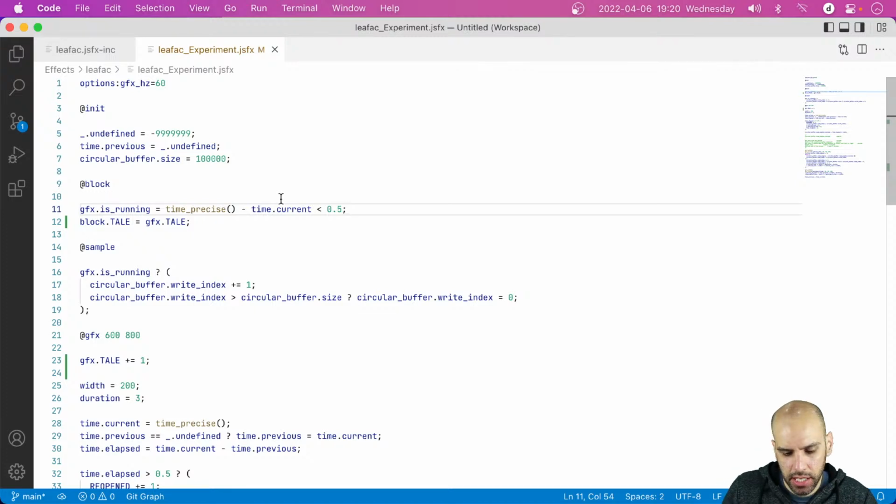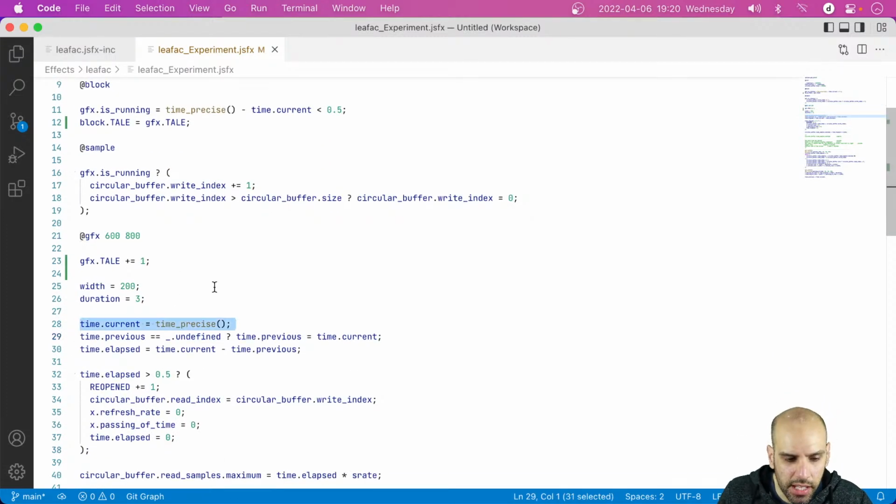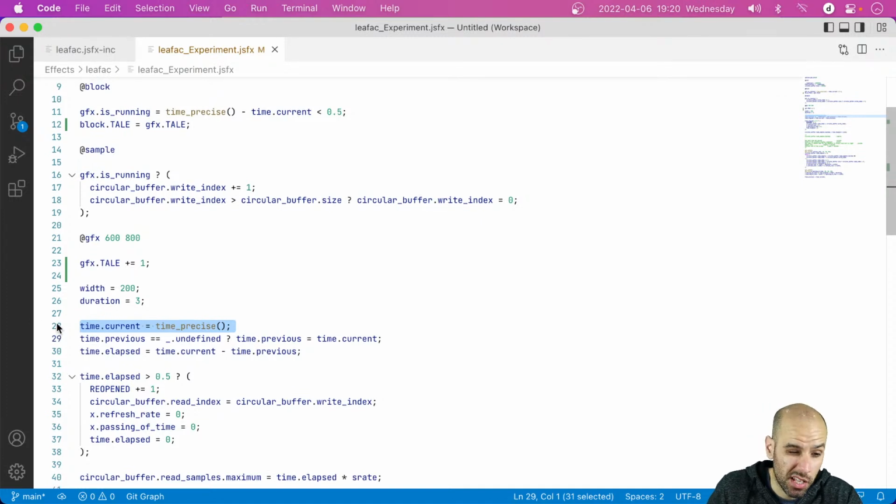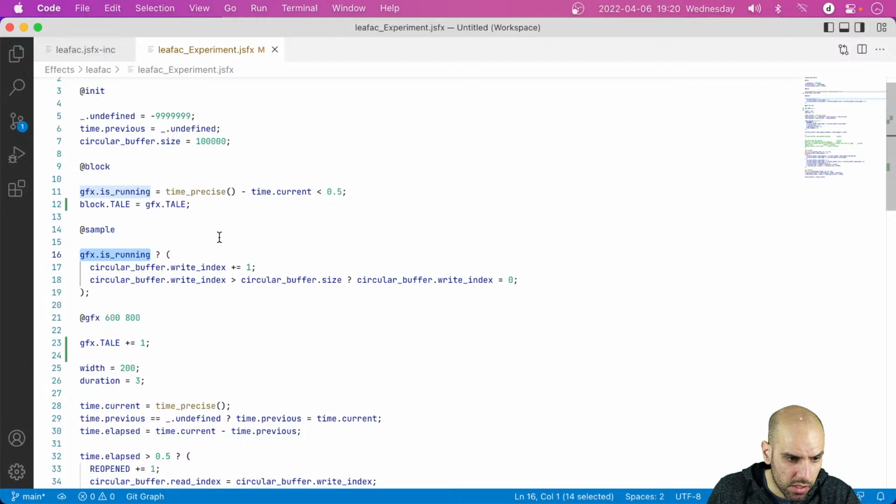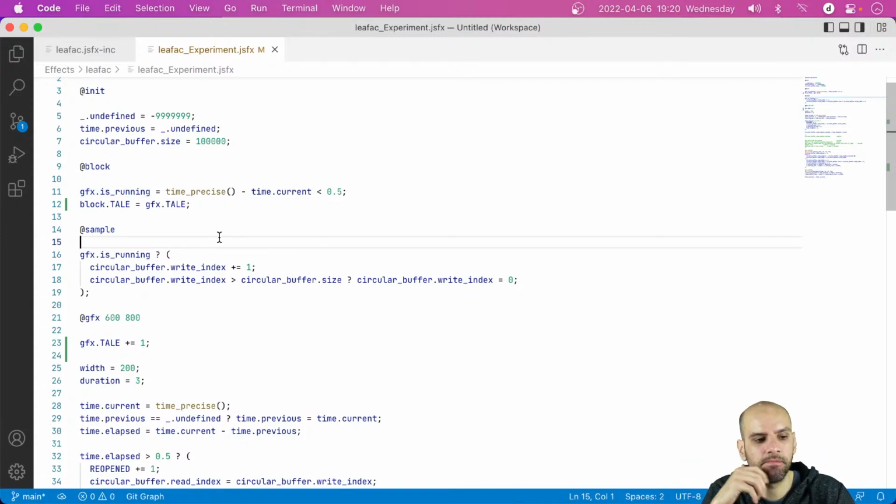And there's something else that I don't really like about this idea of counting, and that is it is subject to glitches when frames are being dropped. Well, I guess the same is true of counting time, right? Because if frames are being dropped, then time current is not being updated, which means that this will also glitch. Well, if block tail is different from GFX tail,